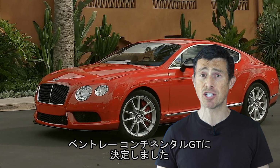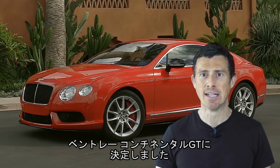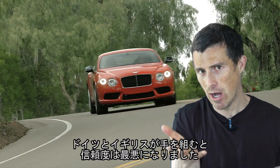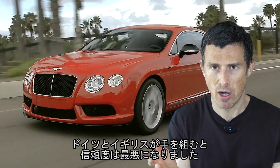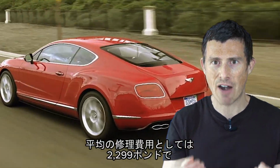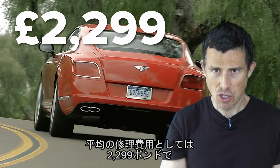Finally then, we come to the least reliable car of the past 10 years, according to Warranty Wise. And that dubious accolade goes to the previous generation Bentley Continental GT. Oh dear. This is what happens when the Germans and the British work together. You get the least reliable car on the list, with the highest average cost per claim of